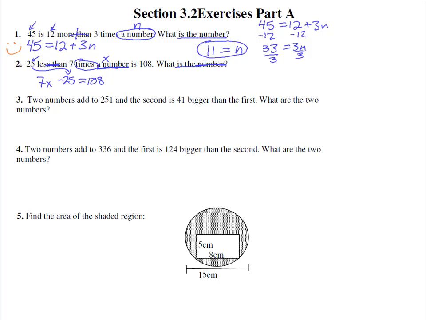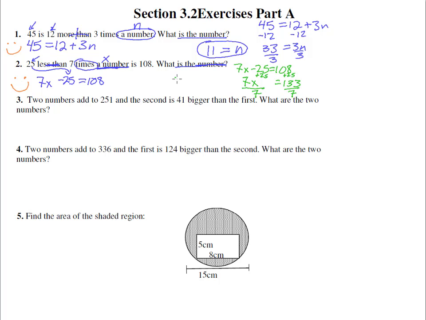There we have it. That's an equation. Let's put a little smiley face by that again. We know how to solve equations. This is good. Let's write it over here in a different color so we can solve it. 7x minus 25 equals 108. Add 25 to both sides and we get 7x equals, let's put plus 25 here, plus 25 here, and we get 133. Divide by 7,